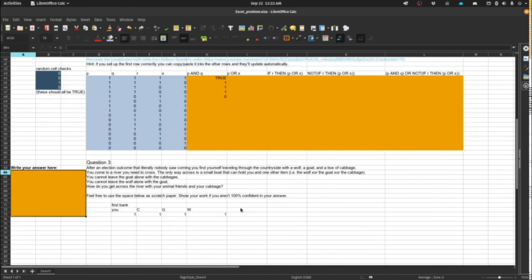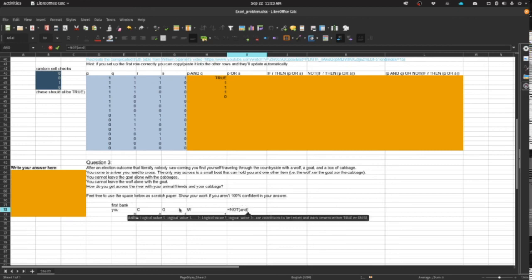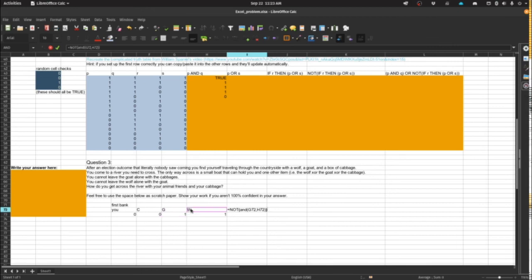So those are conditions you might check. Let me give you a concrete example here. So you might think, all right, I'm going to take the cabbage across. Let's make sure what I leave behind is okay. If you take the cabbage across, you're going to no longer be there. The cabbage is going to no longer be there. And then you might check this condition. You cannot leave the wolf alone with the goat, right? So that would be, we do not want both the wolf and the goat at the same time to be on this bank if you are not there,